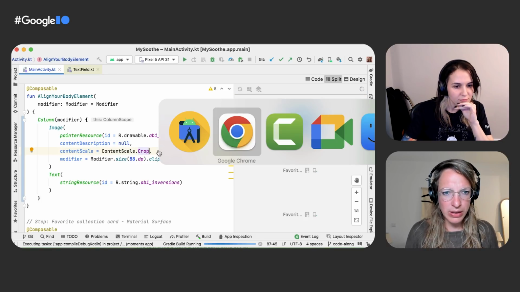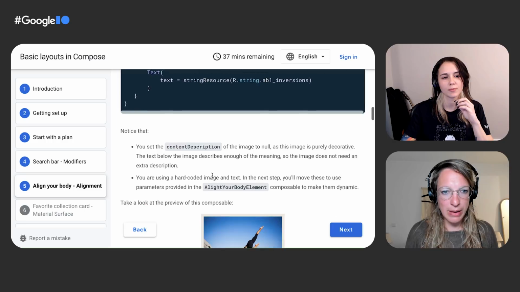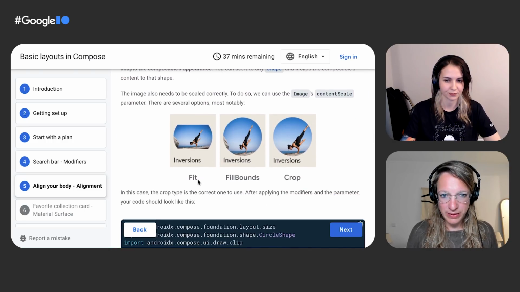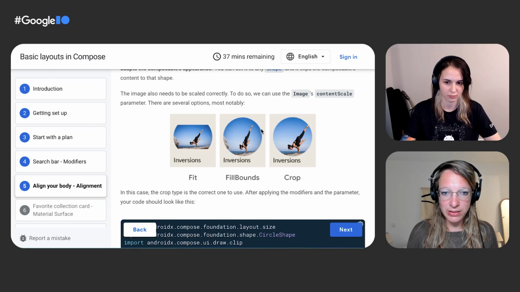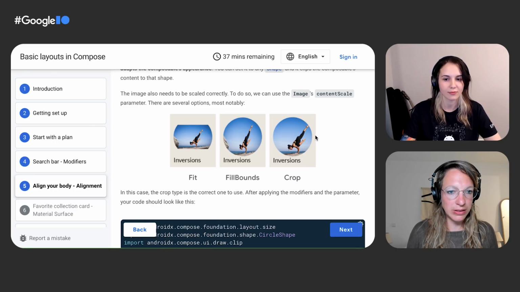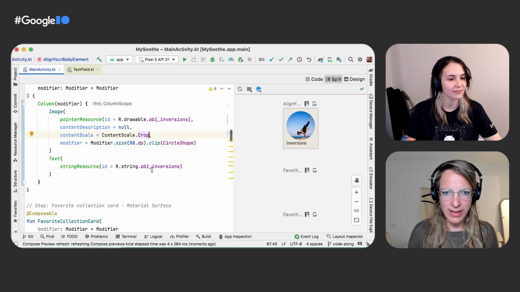So there's different ways to do this, as I already said. And let's take a look at the code lab to see the different options. So the first one we saw was the fit, and that's the default for an image. But then you can also choose to fill bounds, which will stretch the image so that it fits both on the X and on the Y axis. And then we had the crop, which is the one we used, where we fit the smallest one and then cut off the other axis. So with this, I think our image is starting to look quite nice. But now I think we want to do a little bit more with the text, right?